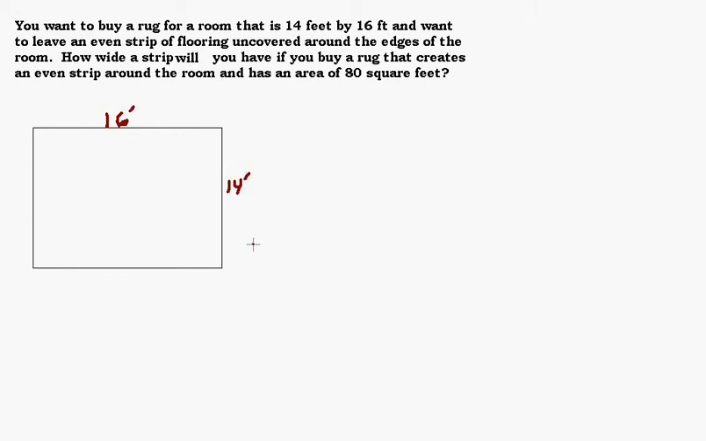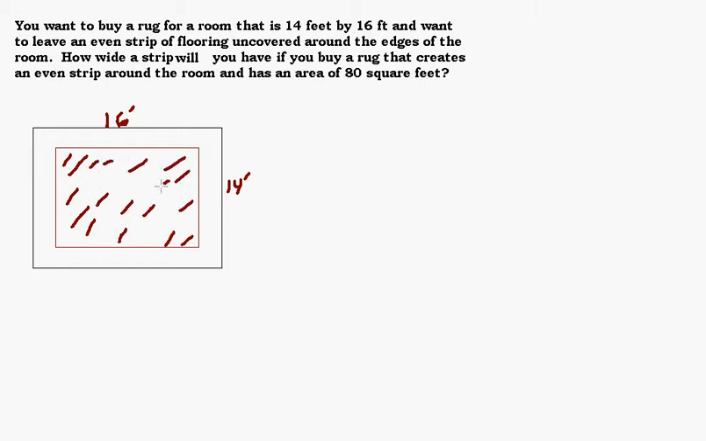And then we're going to buy a rug that's going to go inside this room and create an even strip. Let's see if I can, maybe something like that. This is our rug in here. We want this even strip to be flooring. So our rug is all this stuff. This is our rug. This flooring in here. And then this outside part out here is the strip, and that's what we're trying